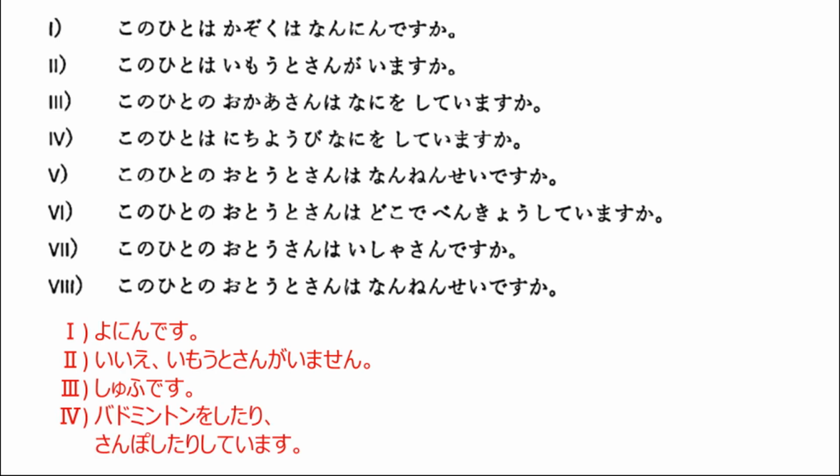この人は妹さんがいますか? Since this person doesn't have a younger sister, the answer will be いいえ、妹さんがいません。The third question is, この人のお母さんは何をしていますか? Since this person's mother is a housewife, the answer will be 主婦です。The fourth question is, この人は日曜日何をしていますか? Since this person plays badminton and goes for a walk on Sundays, the answer will be バドミントンをしたり散歩したりしています。The fifth question is,